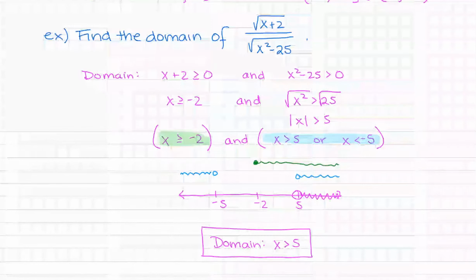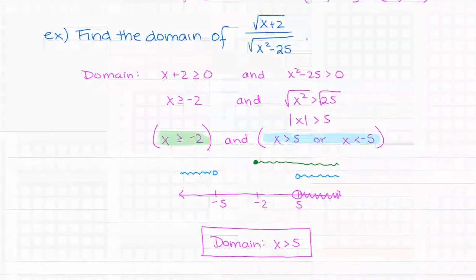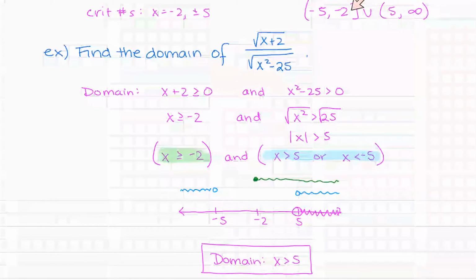So now for my final answer, I want to know what values of x make both the green and the blue true. And so the only part that gets both of them is this interval right here. That's where both the green and the blue are shaded. And also 5 is not in the blue interval, so that's why 5 is an open circle. So I wind up with this as my domain. x is greater than 5. If I can pull this down just a little bit, right here was my answer for the previous one. So here's the x is greater than 5 interval, but I also had right here